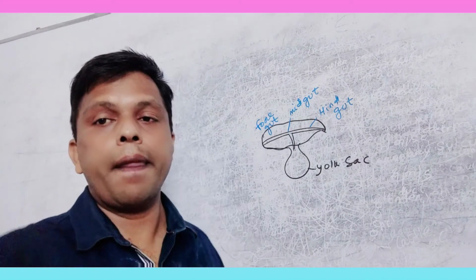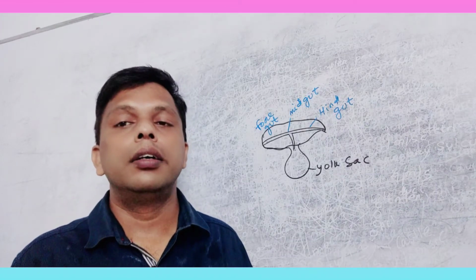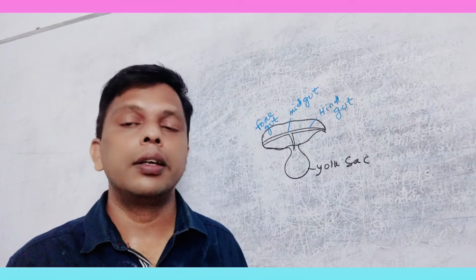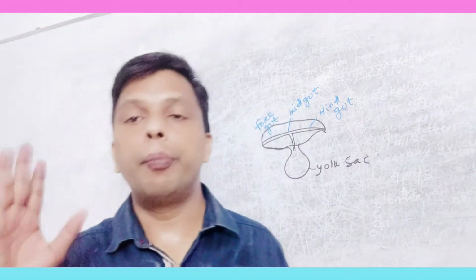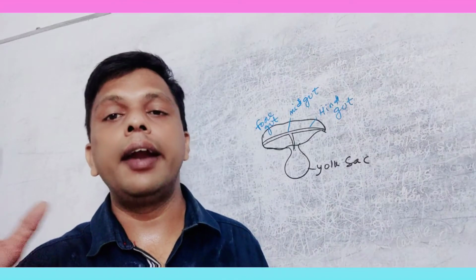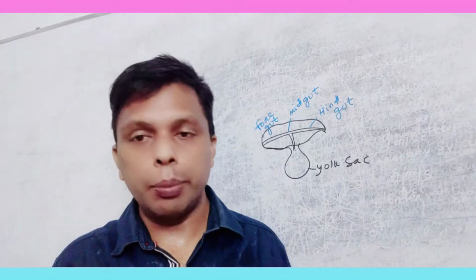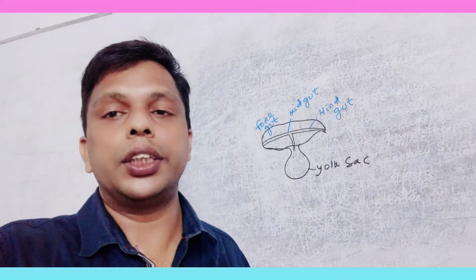in different organisms. The alimentary canal shows various modifications. In herbivores, in carnivores, in fishes, amphibians, there is a great modification in the alimentary canal. And today we have to discuss the histological layers of the alimentary canal. Let's discuss. So let's discuss the histological view.